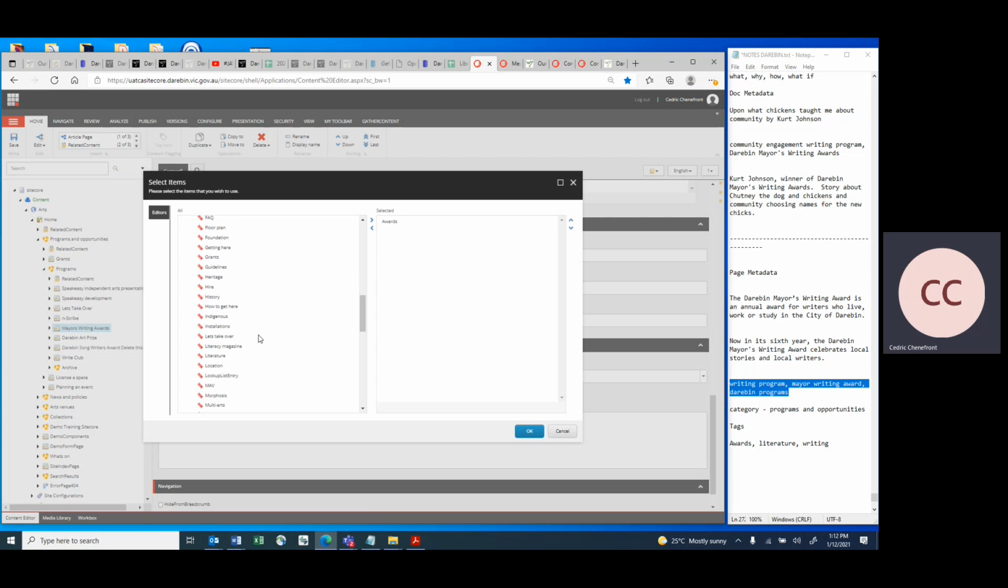So I chose literature because it's part of what we decided with the team, and it fits quite well. Obviously, it makes sense. Mayor's Writing Awards would be literature. So I'm doing the same thing again, clicking on that and the right arrow. And then we have writing, which makes sense. So writing in alphabetical order, we have